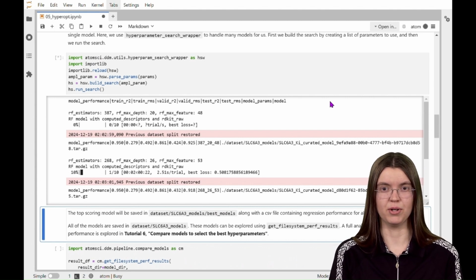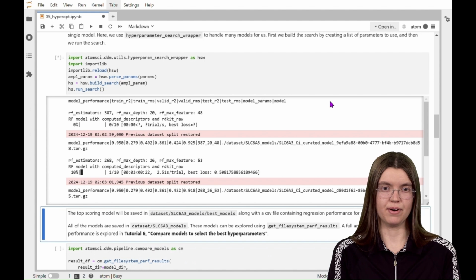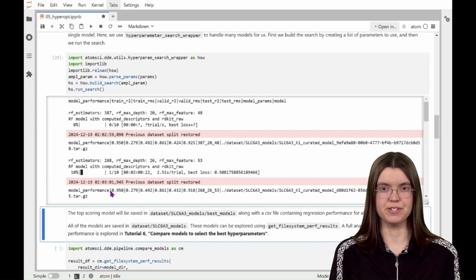Let's use the second block as an example. The key hyperparameters in the legend include RF_estimators, which is the number of trees in the random forest, RF_max_depth, which is the maximum depth of each tree, and RF_max_feature, which is the maximum number of features considered for splits. And for this trial, the RF estimators are 233, the RF max depth is 28, and the RF